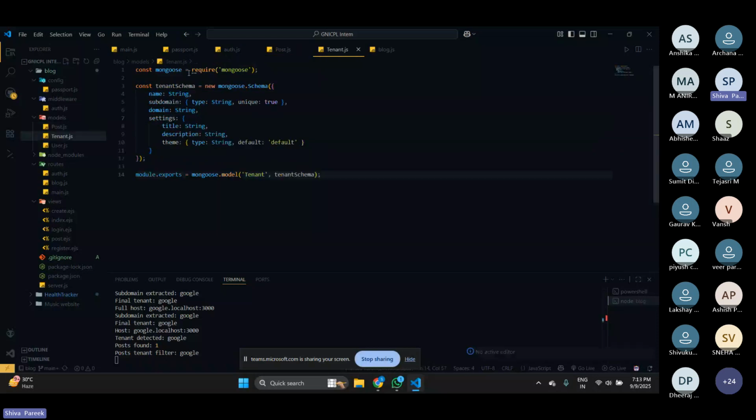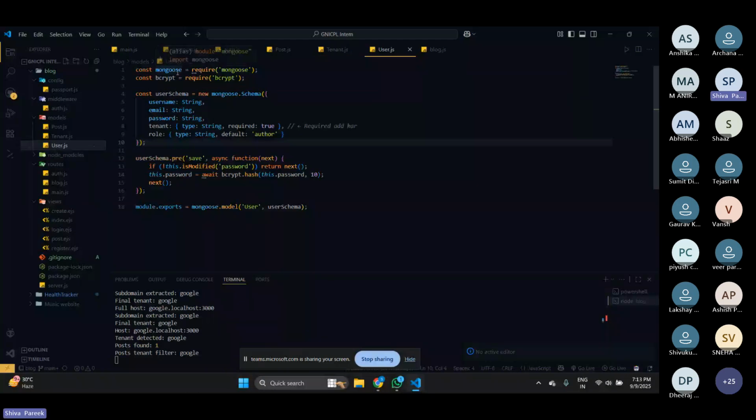Similarly, in tenant.js, the tenant schema has name, subdomain, domain, and their data types. And here is user.js, where Mongoose with the bcrypt library is used, and its user schema has username, email, password,